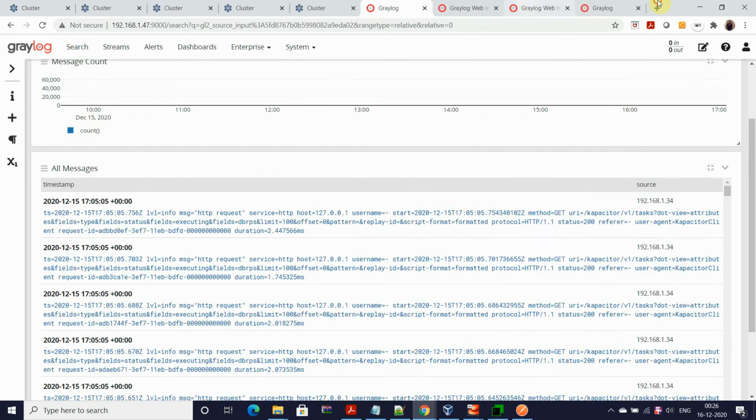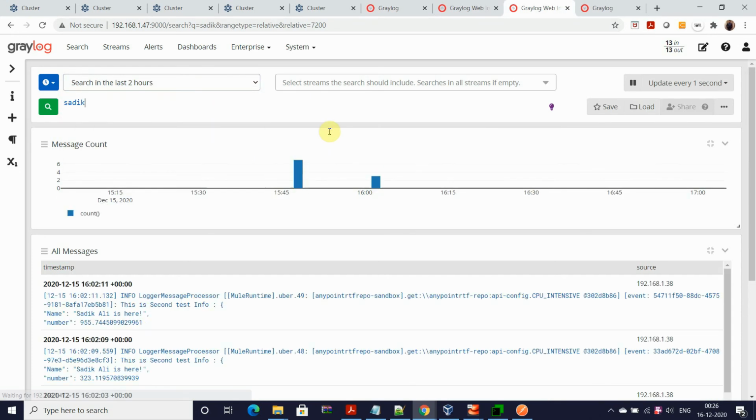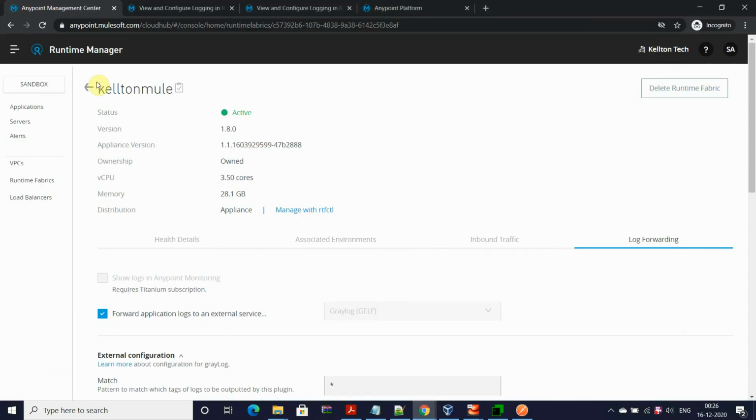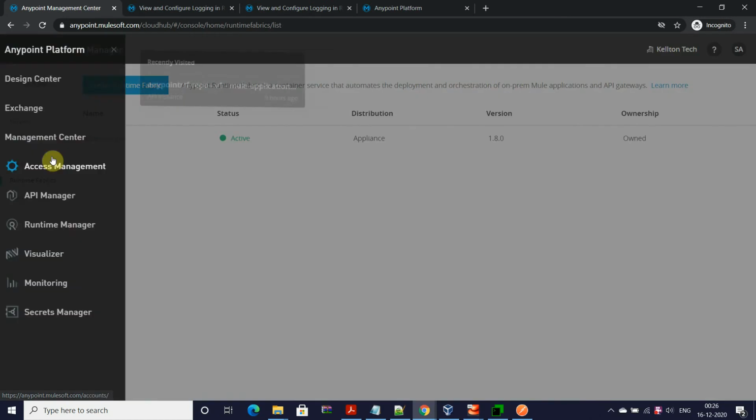You can see here, let me check. You can see that I have sent a request through my application, which I have deployed in Runtime Fabric. Let me check the application.